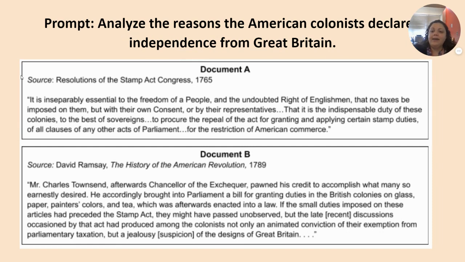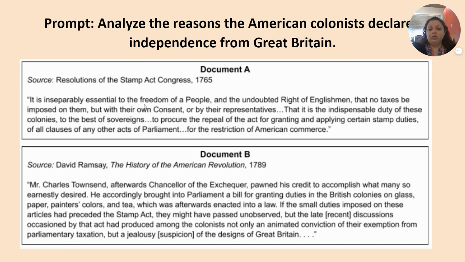So document A, resolutions of the Stamp Act Congress. If we can already remember what the Stamp Act was, that helps us with context, right? That helps us with understanding that the Stamp Act Congress was trying to repeal the Stamp Act. So when we read this, it is